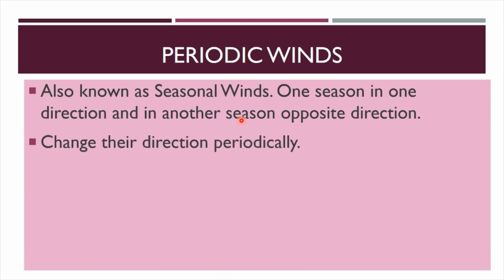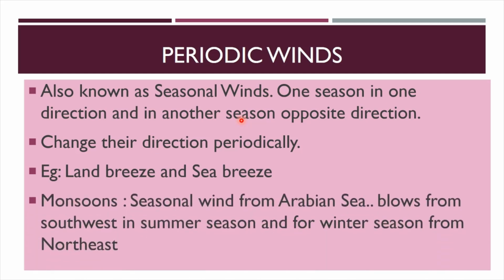Yeah, we already discussed it changes its direction periodically. Example, land breeze and sea breeze. Monsoons. Monsoons are seasonal winds from the Arabian Sea. It blows from the southwest in summer season. You may know that the monsoon winds reach the southwest area, touch Kerala, and it